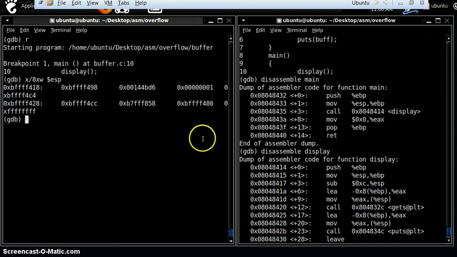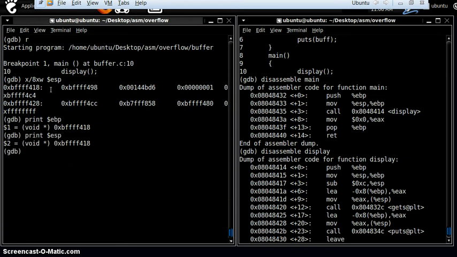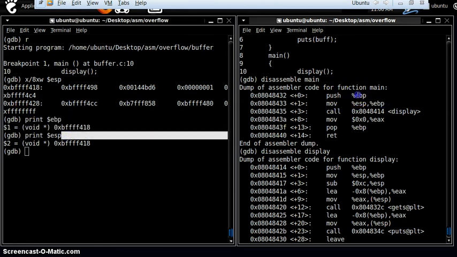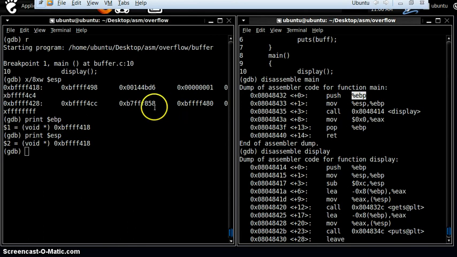So for understanding these things, let's first print our EBP and print our ESP also. As you see, our ESP has been pushed on to EBP. ESP and EBP both are carrying the same values, but we are not able to find out what EBP is. So we'll find out in the next step.